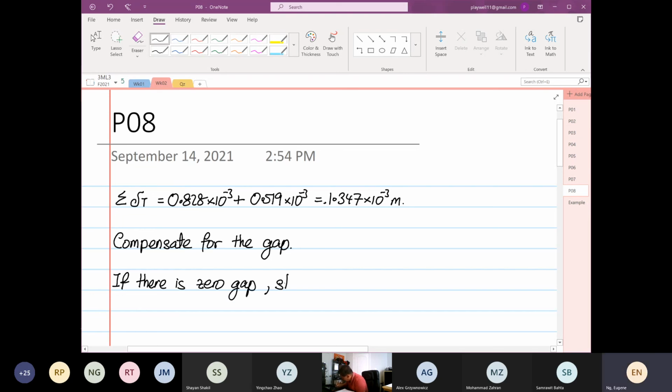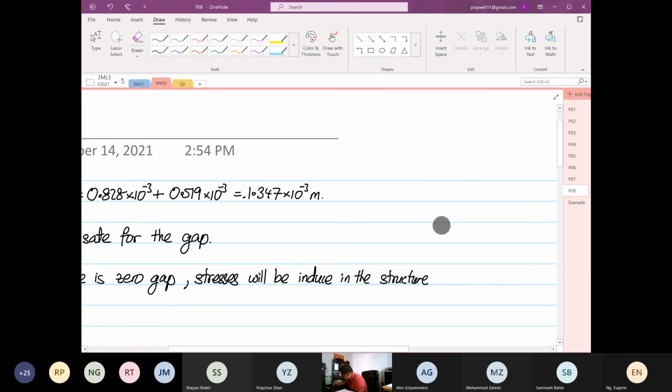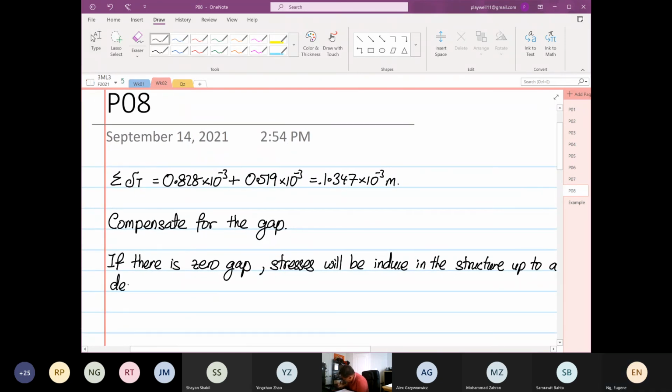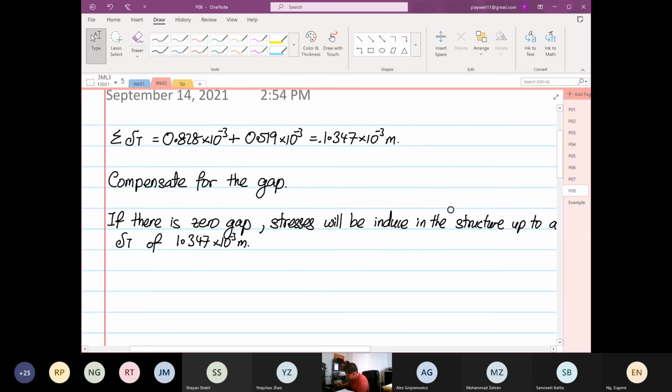okay, stresses will be induced in the structure up to a deflection, or up to a delta T of 1.347 times 10 to the power minus 3 meter. Right? So now, if there's a gap,